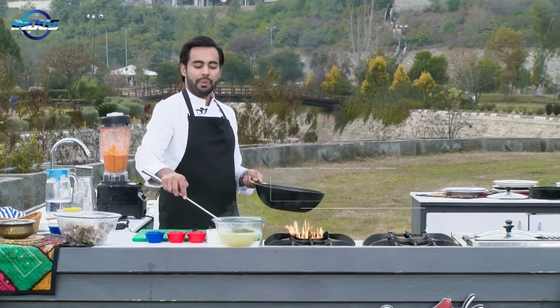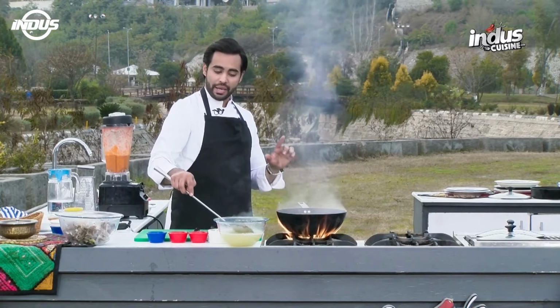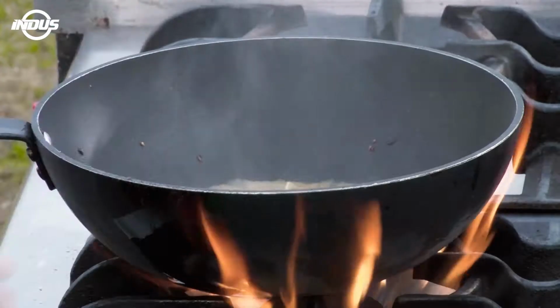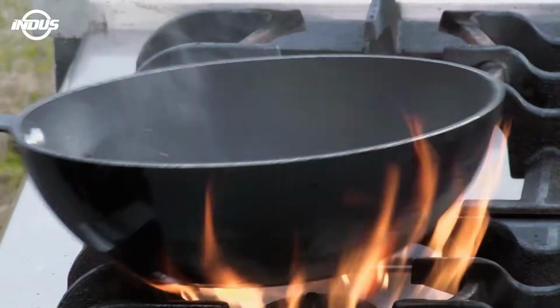Now what I'll do is I'll pick up just a handful or a ladle of this tomato broth and cook the garlic on high heat over here. You can see the garlic cooking on high heat. Let it cook over here, and when the water is almost half, I shall add all of this into this. So as you can see, it's cooking now,